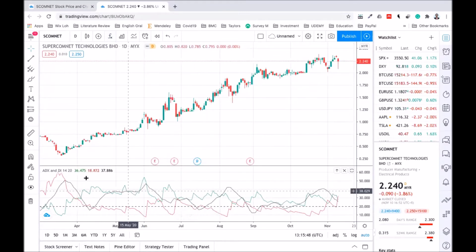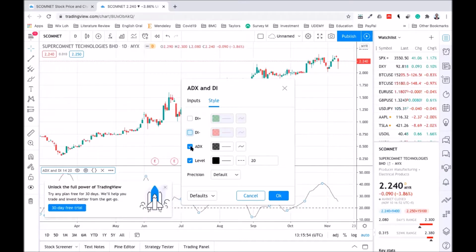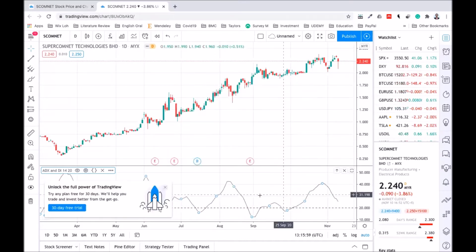Basically, you don't know what I mean. We go to this setting. We don't want to see DI. We just want to see ADX and the level 20. You already set the 20 as a benchmark for us. So you can see here,